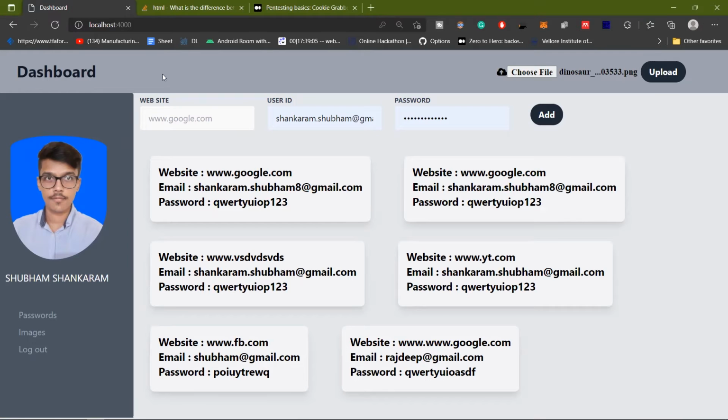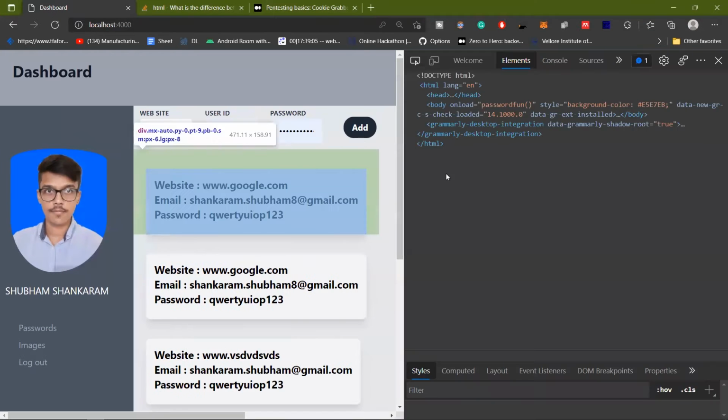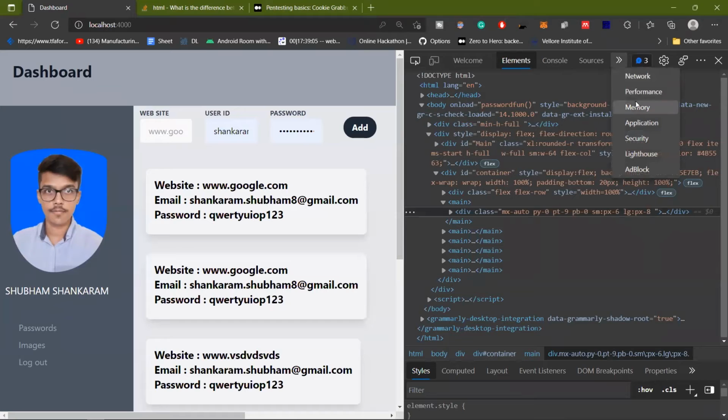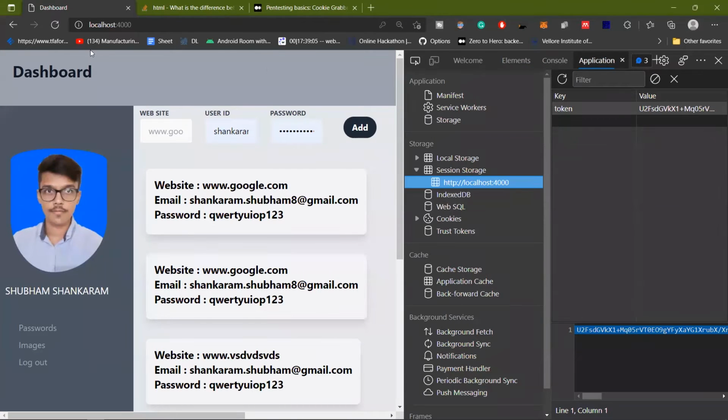The token which we get from the session storage is stored in a variable. When this dashboard is open, the token is decrypted using that secret key and stored in a variable. Every call here is made using that token.